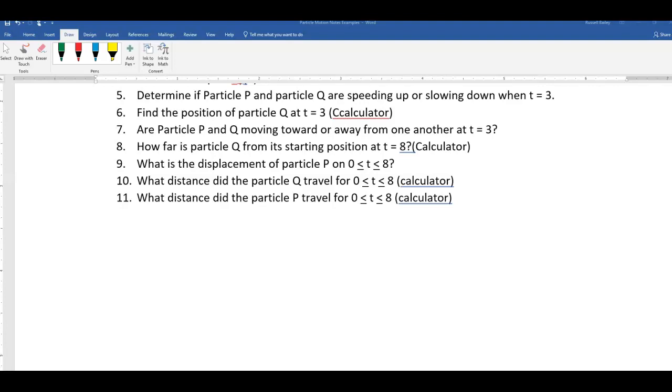to not only do particle Q, but they also wanted us to do particle P for the same question. Okay, now we're going to pretty much approach it the same way. Back on question number 1, we graphed particle P's velocity function, and it looked something like this. And we found that right here is where it changed at t equals 1. And we saw that anything to the left of that, it was negative, and anything to the right of that, it was positive. And so from that, we can conclude that for particle P,